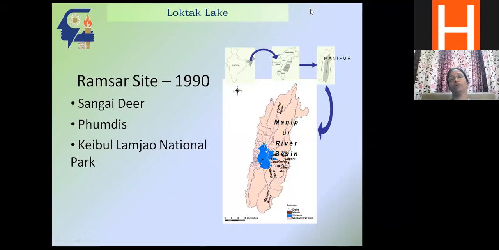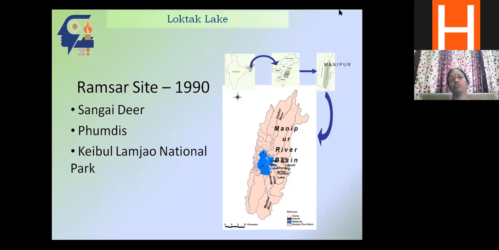So my first study is on an ecosystem which is situated in a northeast state of India. This is Manipur. We all know it is a developing state. The economy of the people living here is very low, and their main livelihood is fishing and some small activities. Of course, the literacy level is high, and it is improving nowadays. What you see here is a lake called Loktak Lake, and just surrounding it we have some river basins which drain into it.